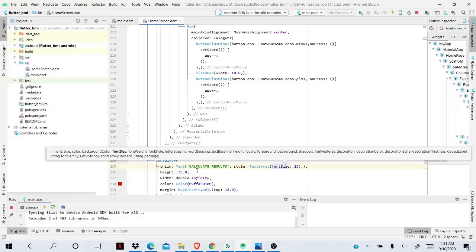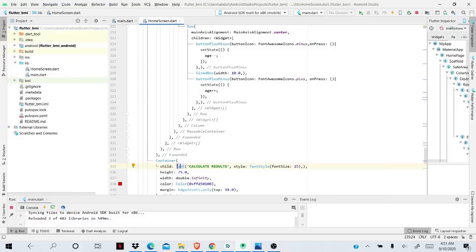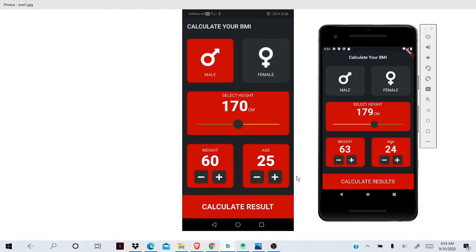And I want our text to go to the center, so wrap it with the Center widget. And if I save it now, you can see we have pretty much the whole page that we wanted to design. And in the next video I will show you how you can design the result page and how we can calculate all the logic. So once we press calculate result, all the logic based on your weight and height, you will get your BMI results. So watch